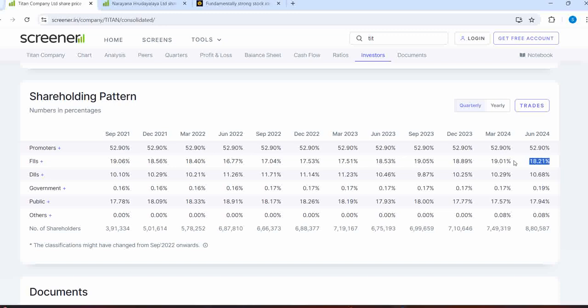Now if you see, in December 2023 the FII stake was 18.89, then they increased it to 19.01 thinking that it could do well, but Titan's results were not good, so again they removed it. So that is where we can observe and identify. Okay,